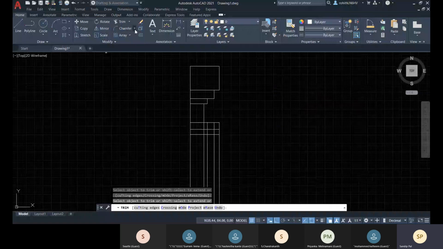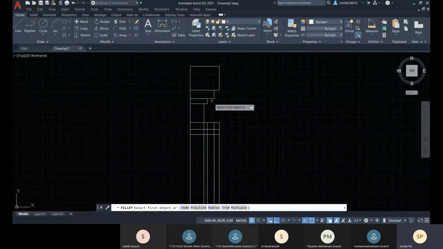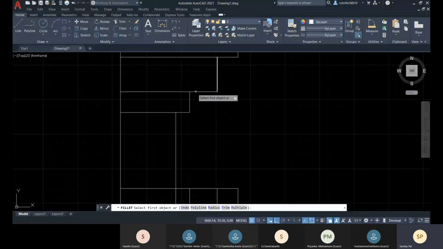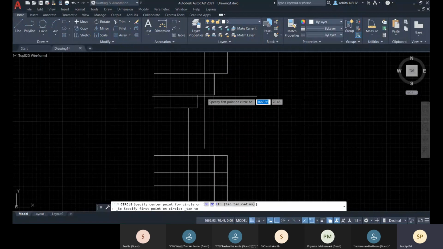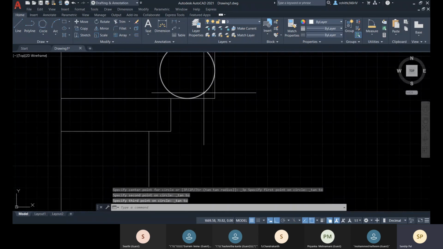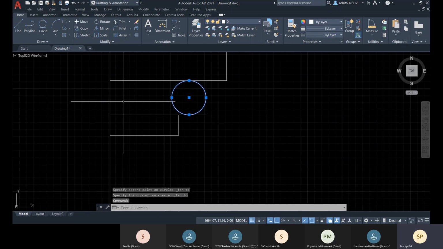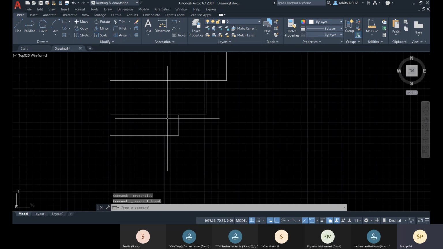Okay, so let's go for this fillet now. Let's go for this fillet. So here you see that this will be the same distance. Here it will be covered like this. Or what we can do is go for tan maybe. First, second, third, like this. You can do this tan there. And let me check what is the radius there. That is 1.25 there.